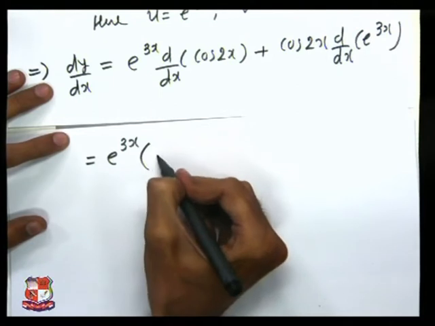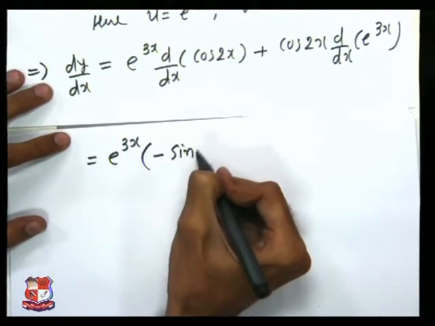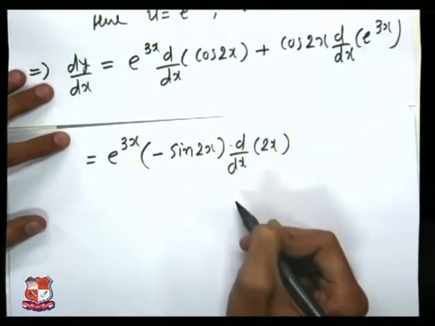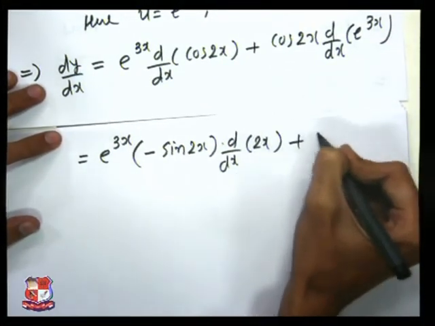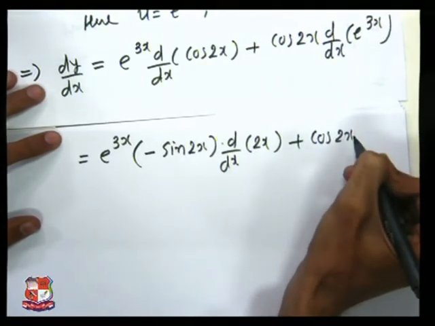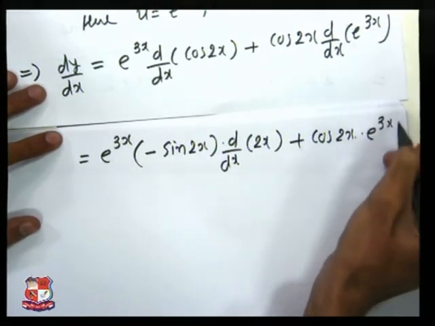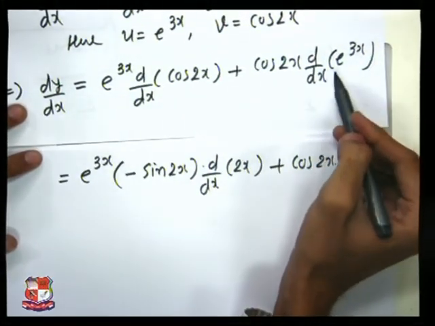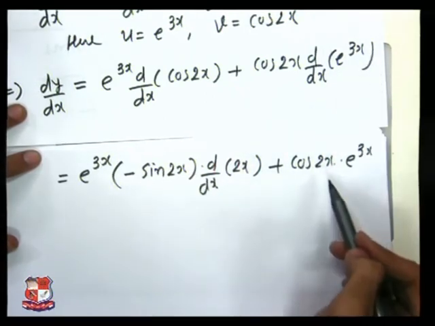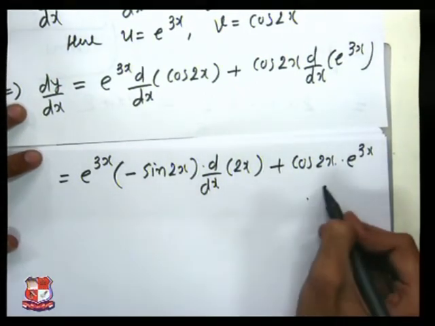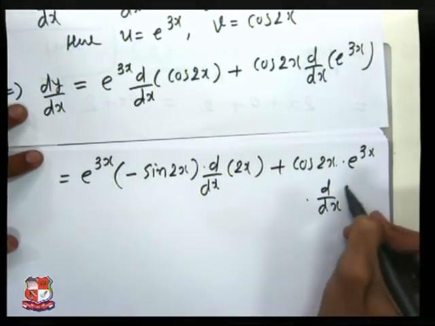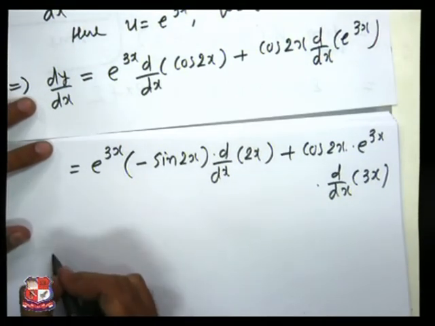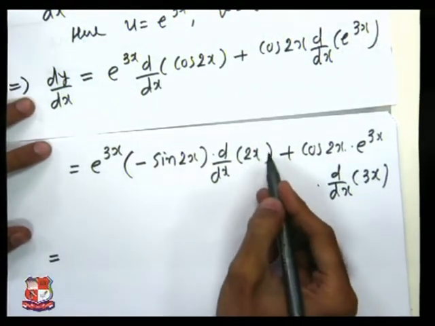So here I will get minus sin 2x into d by dx of 2x, plus cos 2x into e raised to 3x, because differentiation of e raised to theta is equal to e raised to theta. So differentiation of e raised to 3x is equal to e raised to 3x into d by dx of 3x, right? So I will get, this is differentiation of 2x with respect to